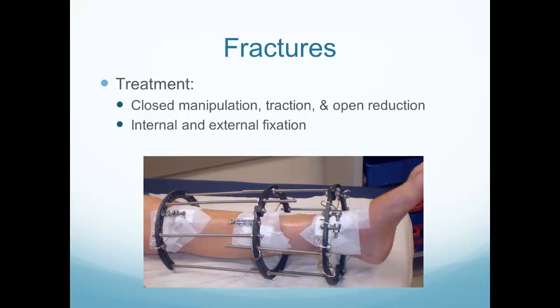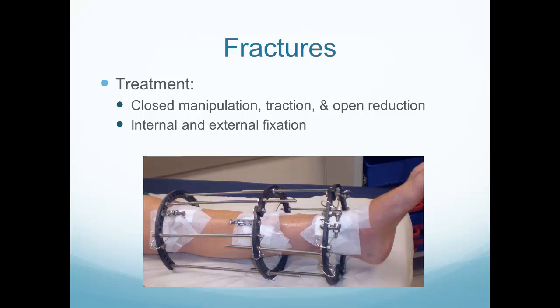Our treatment is going to be that we need to get the bone ends back into a normal alignment, and then we need to have some kind of fixation device that's going to keep the bone in that natural alignment. We can manipulate the bone in a closed manner, simply from the outside of the body putting the bone ends back where they're supposed to be, and then put a cast or splint on the patient. If that's not possible, let's say the bone ends are too far away from each other,